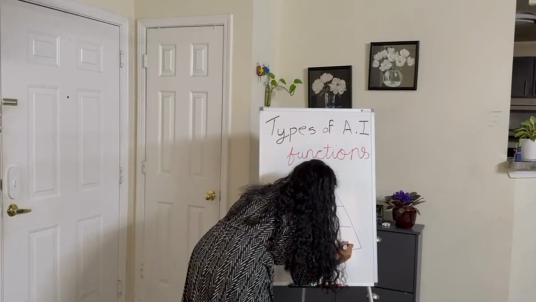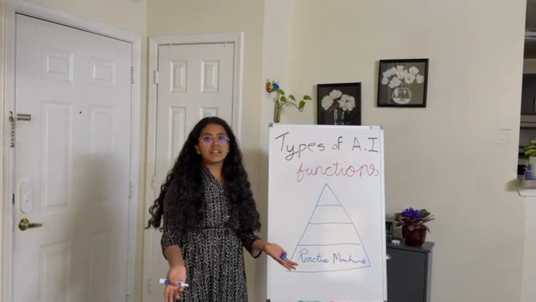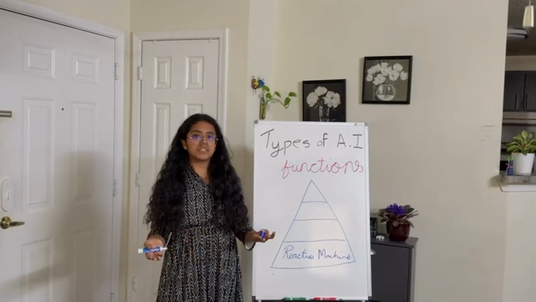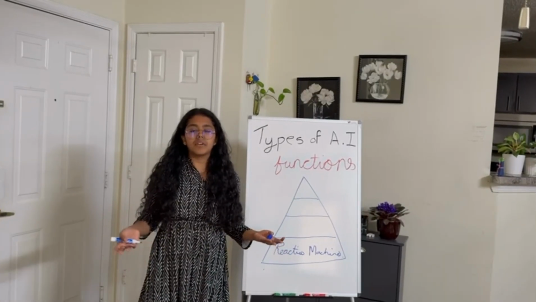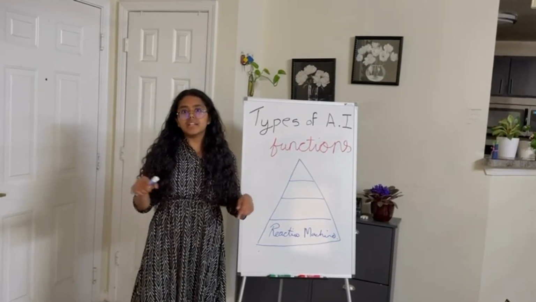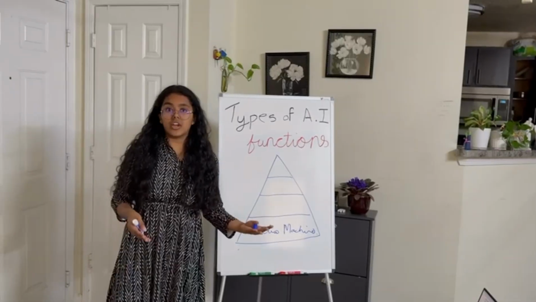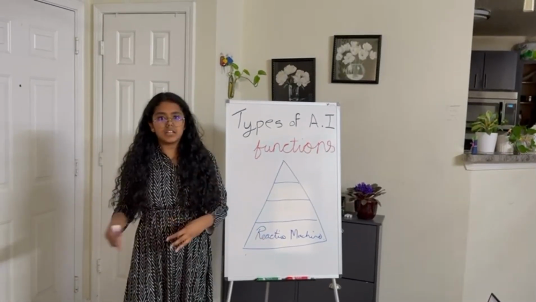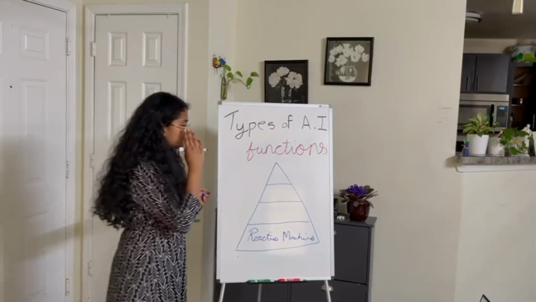So reactive machines do what they sound like. They react to what they're given, to the input they're given. So think about a pre-programmed chess game, right? So when you're playing chess, the AI just reacts to what you're inputting, but it doesn't remember what you played before or what other players' common strategies are. The actions that it does are completely pre-programmed by the person who made the app.